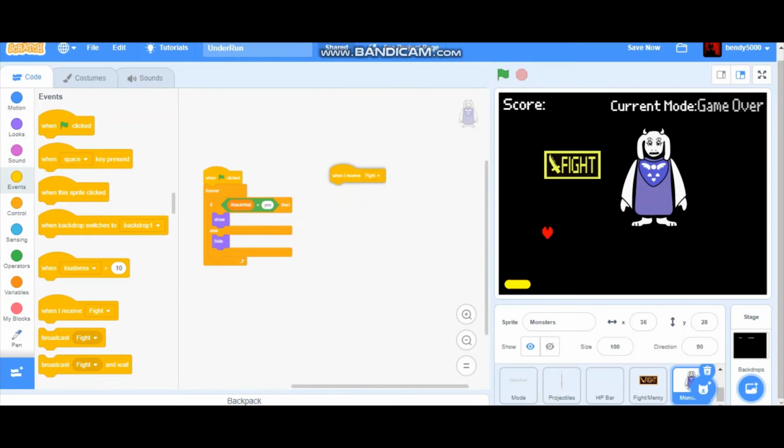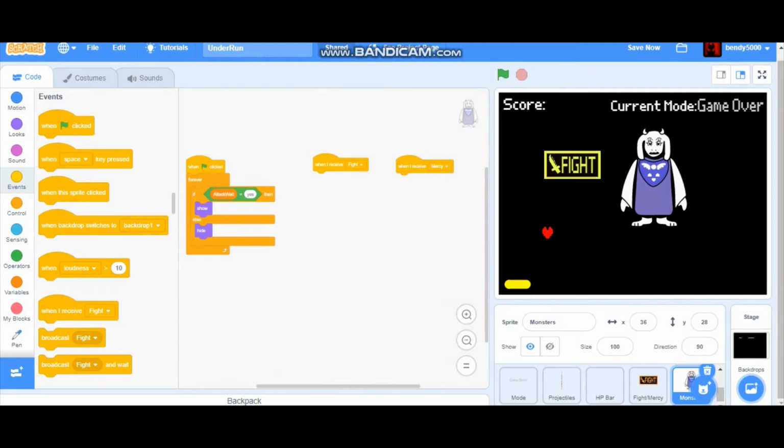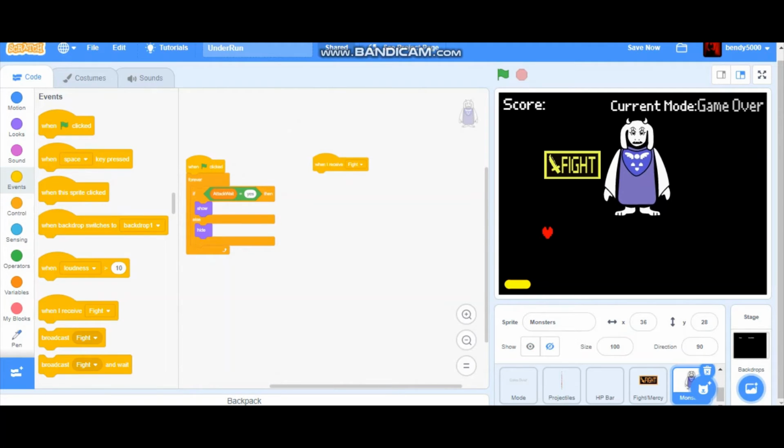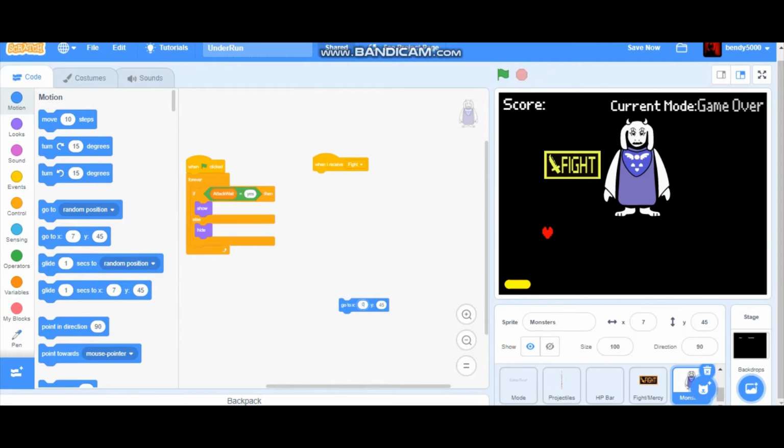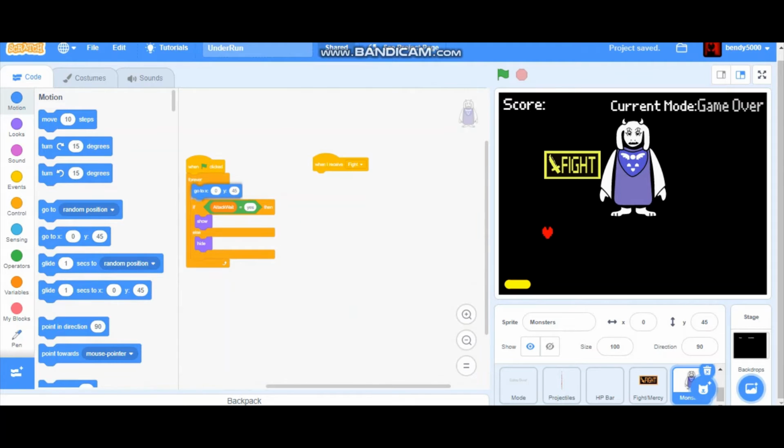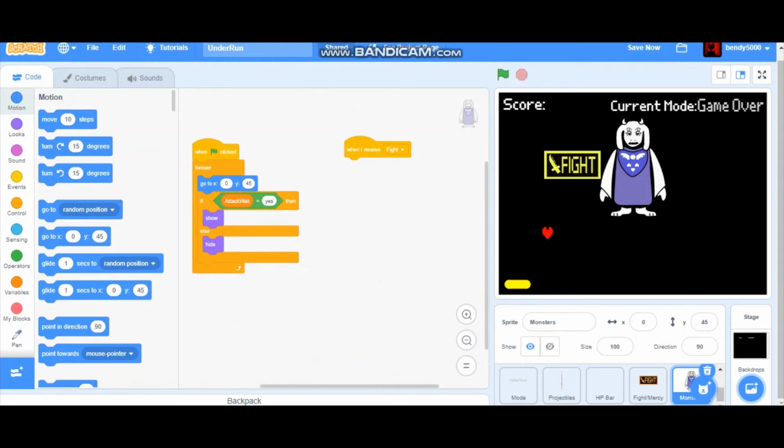So when it receives fight and when it receives mercy, so mercy it basically shows and then it hides itself later on. So it doesn't really matter. I'm going to put the sprite in between the fight and mercy here. So go to x 0 and y 145. Okay, so when it receives fight,